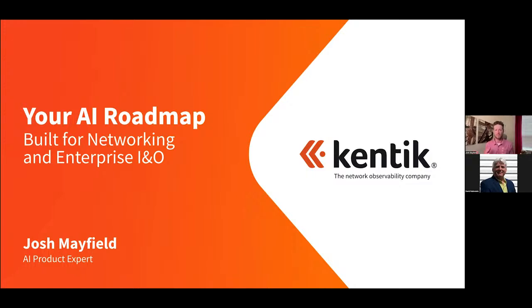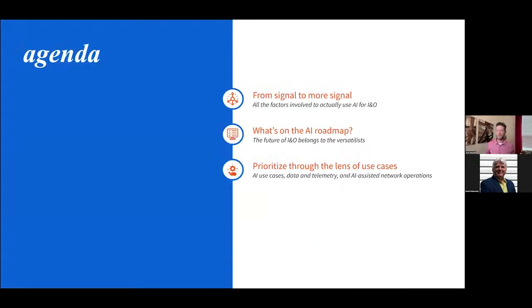And again, back to that realism of what should really go there, what can actually have an outsized impact, what is achievable, what's genuinely capable, instead of some of the smoke and mirrors you can sometimes see around this topic. Today we're just going to hit right through that. First of all, there can be signals upon signals when it comes to training your models and understanding how you want them to apply what they're learning to the practice of infrastructure and operations, networking, engineering, architecture, and so forth. And then out of that, what should be on our roadmap?